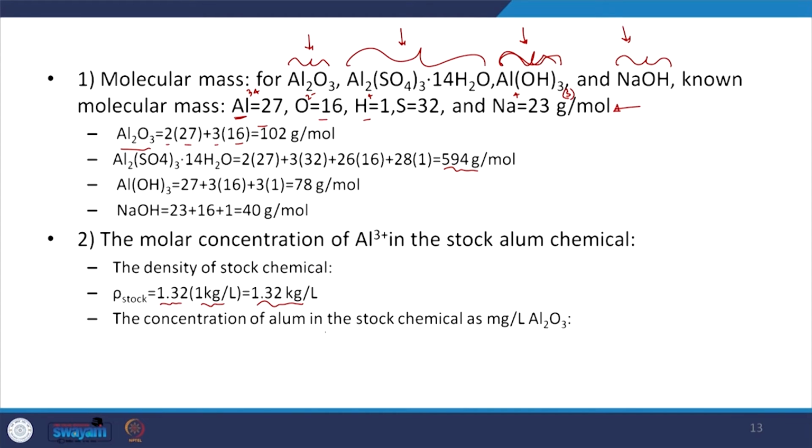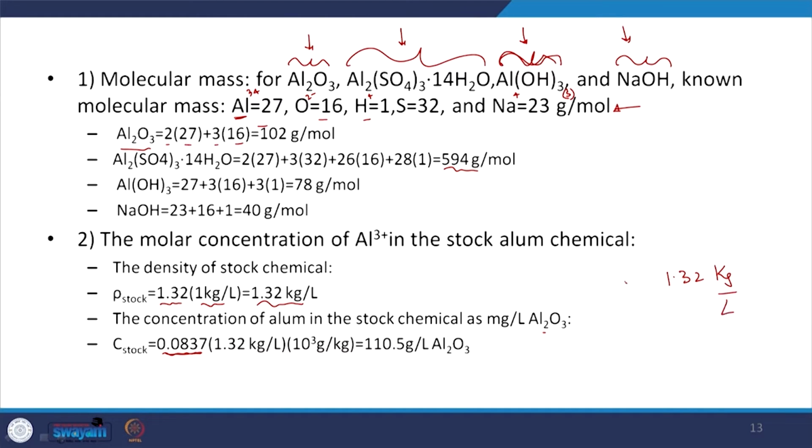And the concentration of alum in the stock chemical is in milligrams per liter of Al2O3. I think we know that around 8.37% was present as Al2O3. Yes, 8.37 by 100 is 0.0837. So, this much of your solution is present as Al2O3. I have 1.32 kgs of that stock solution per liter, but I know that 8.37%